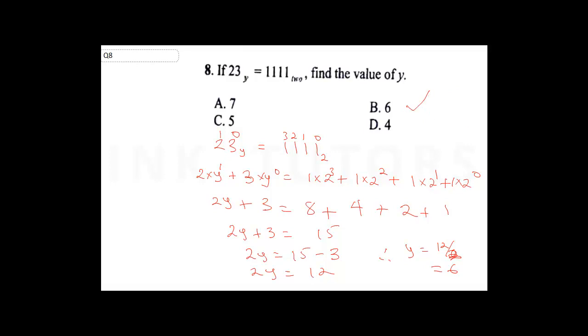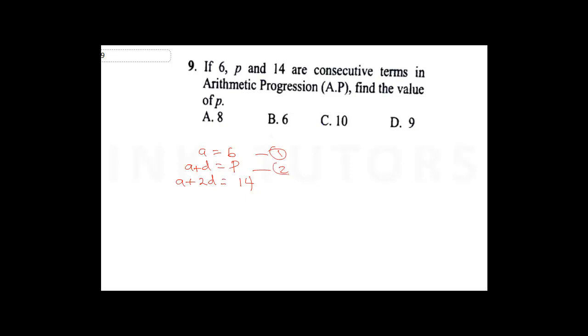So that takes us to the next question, which is an AP question. It says, if 6, p and 14 are consecutive terms. Now, this 6 is the first term, A. The second term in an AP is A plus D, which will give us P. Then the third term is A plus 2D, which will give us 14. So if this is called equation 1, this is equation 2, and this is equation 3,